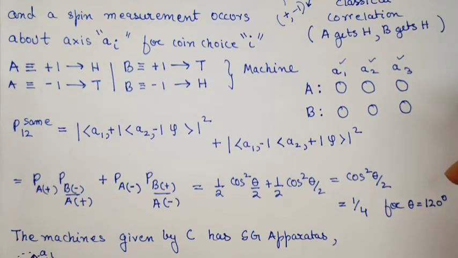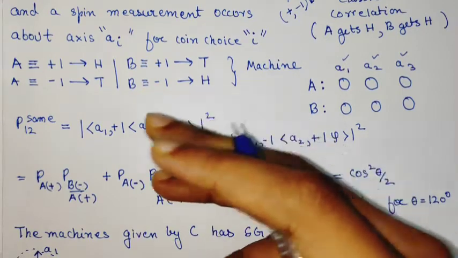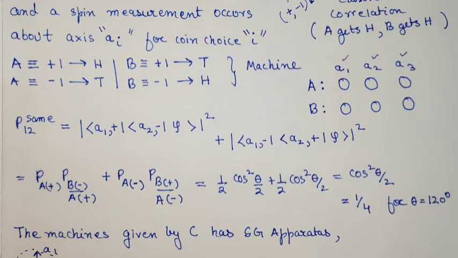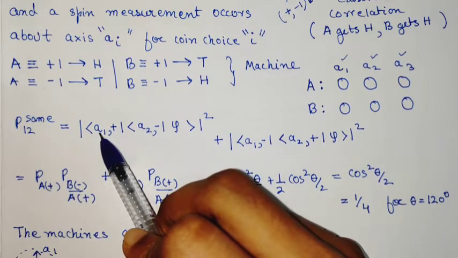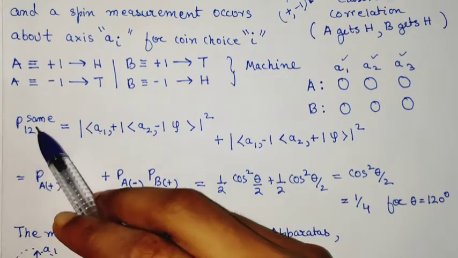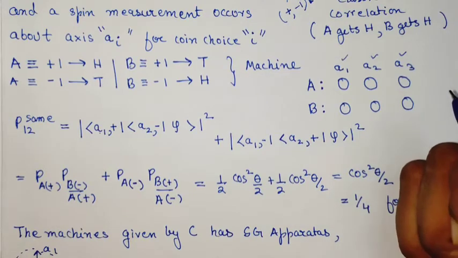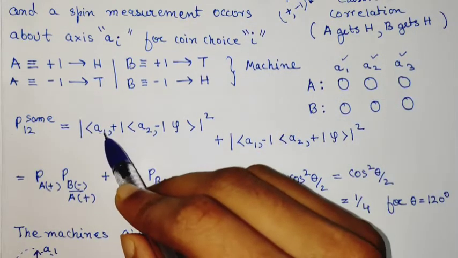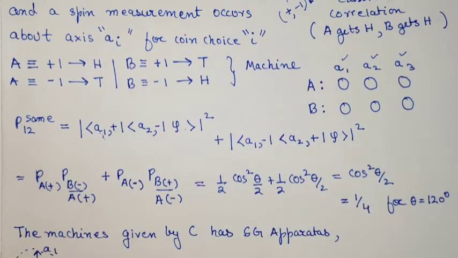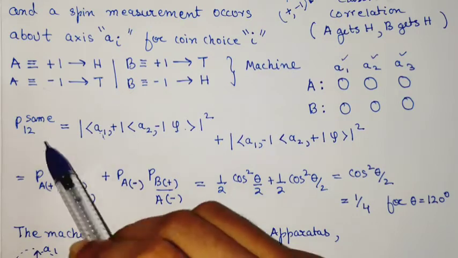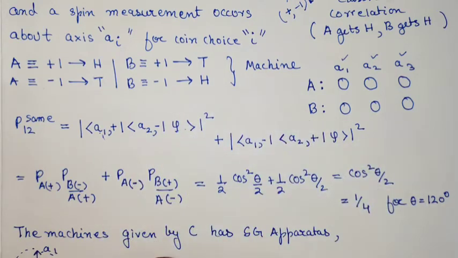In this sense, what does it mean to say that P12 is the same? And it is quite easy now to answer that. It is simply that 1 means x is 1, that is A1 axis, some axis A1, and 2 means x is 2. But without loss of generality, we can say that the computational basis coincides with x is 1, and we can write psi in x is 1. And same means both Alice and Bob should get head or both should get tail.